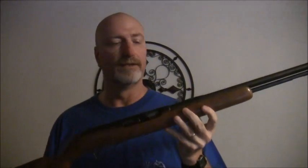Now, next rifle I'm going to show you is a Springfield .22. Has a tubular magazine, and it's a semi-automatic. Semi-automatics are going to be the least durable of the .22 crowd. .22 ammunition in most cases, if not all cases, is very dirty compared to its contemporaries. And one of the reasons why it's hard to find, there's really no such thing as a perfectly dependable .22,